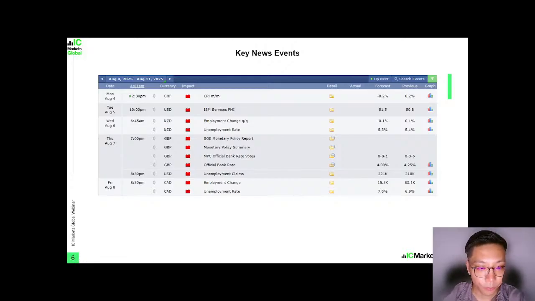And then of course 1.5 hours later we have USD unemployment claims, so it'll definitely affect gold and the US dollar. And lastly on Friday we have CAD employment change and unemployment rate. So now let's move on to